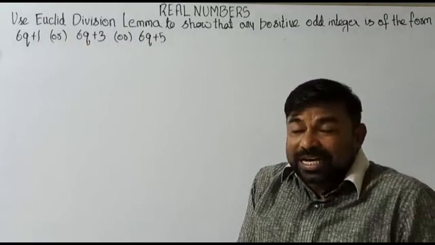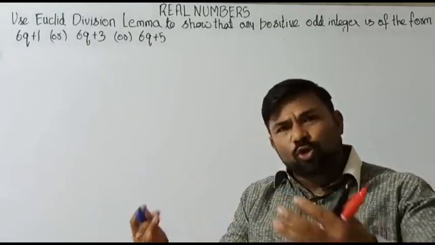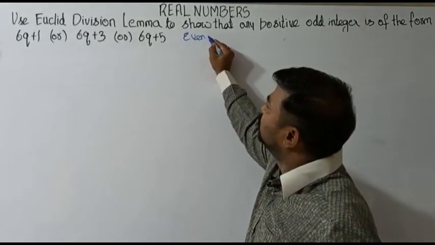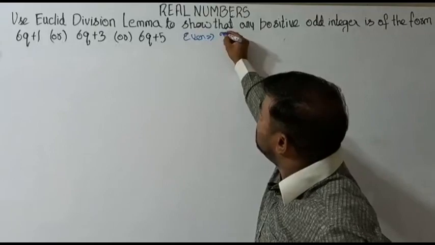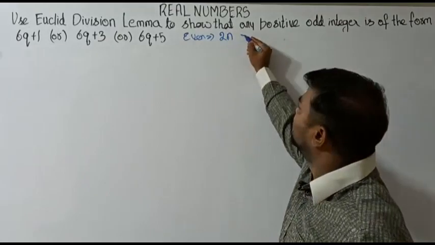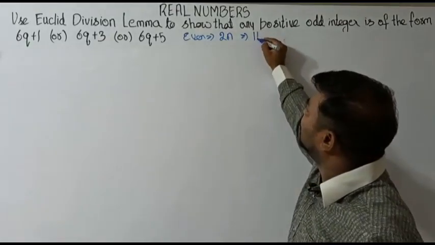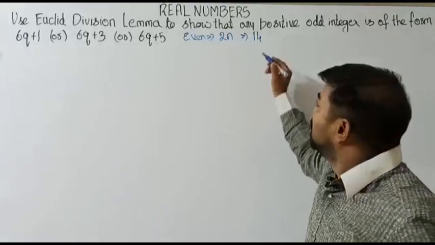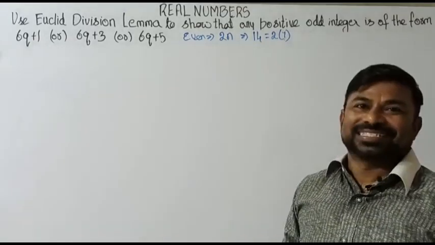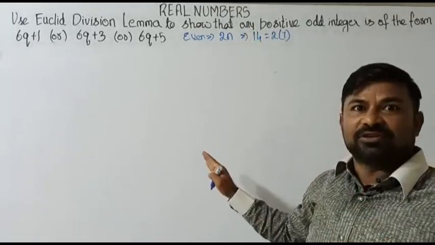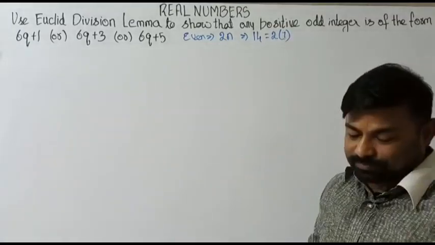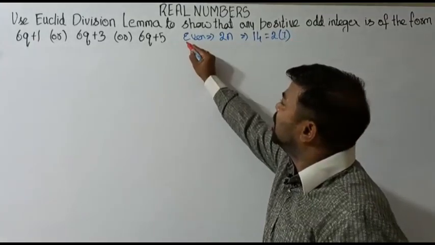Before dealing with whether an odd number can look like that, let's go for the general definitions of even number and odd number. What is an even number? Everyone should know. Any number which is in the form of 2n is nothing but an even number. For example, take the number 14. Can I write that number as 2 into 7? Yes. So 14 is an even number, because it is in the form of 2 into something, or 2n.